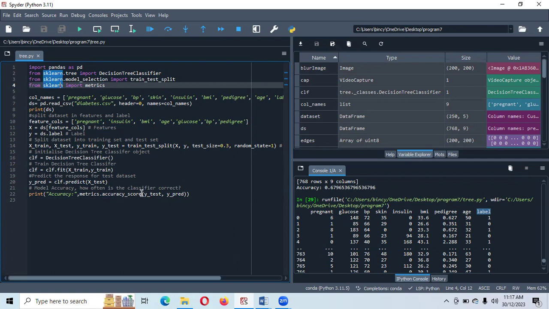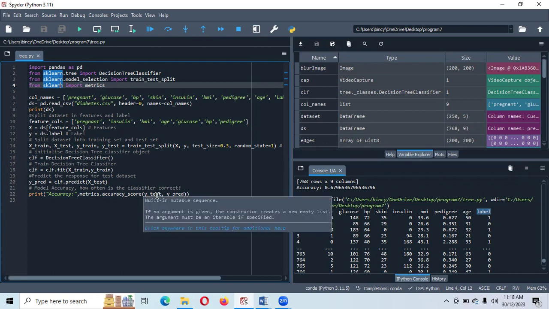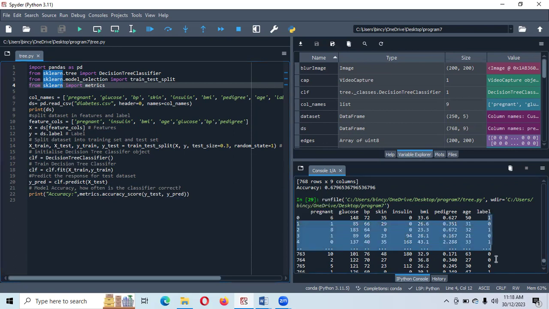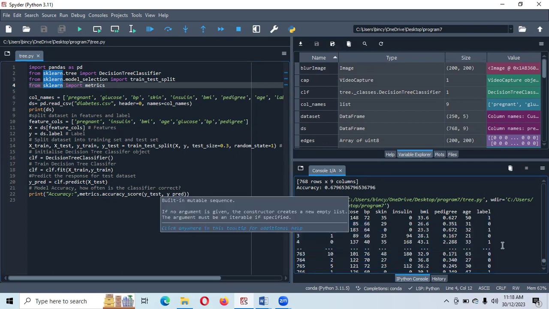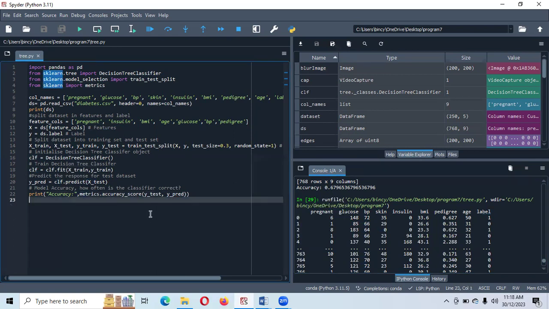Inside this you are giving two parameters. One is y_test, the original label values of the testing data set. The next is the predicted label values from the model, that is y_pred. So this is your predicted y label values. Considering these two,